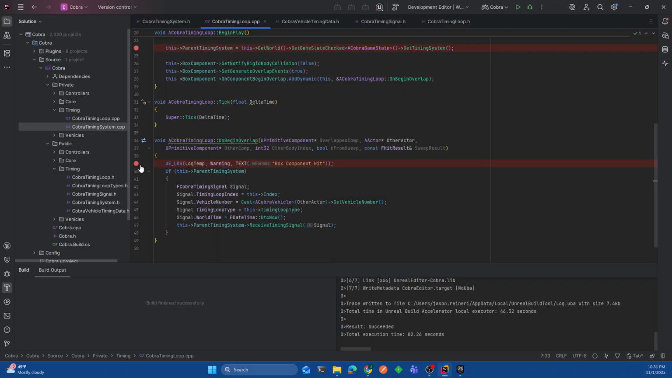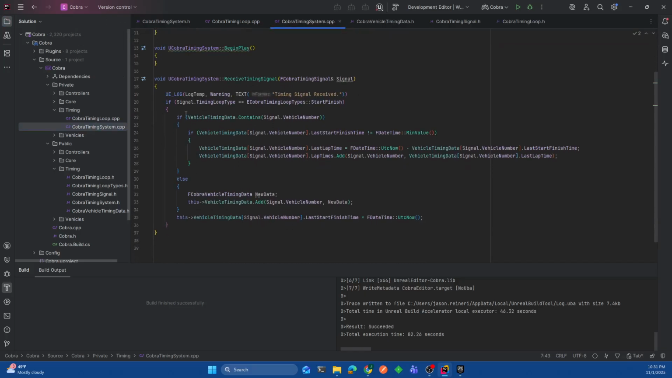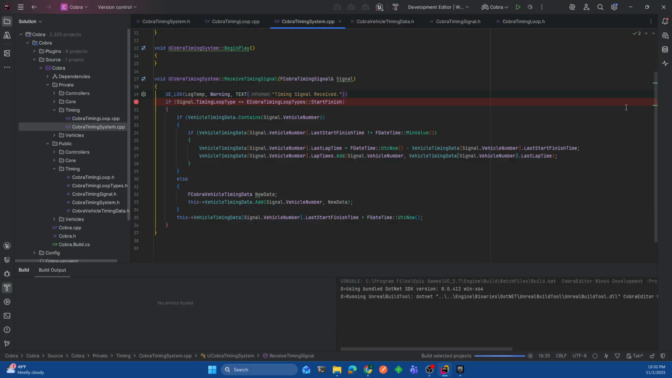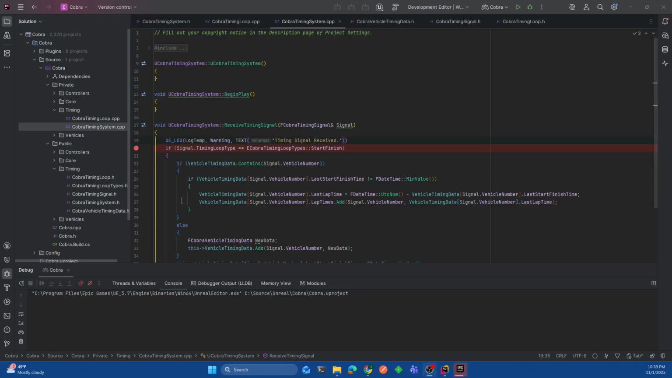So what I want to see is, in Cobra timing system, I want to step into this code. Actually, you know what? Let's just do some logging, maybe. I'll just step into it for now. So I'm going to start up the editor in debug mode, and we'll see what happens. Actually, I stopped that compile because I think what I want to do is